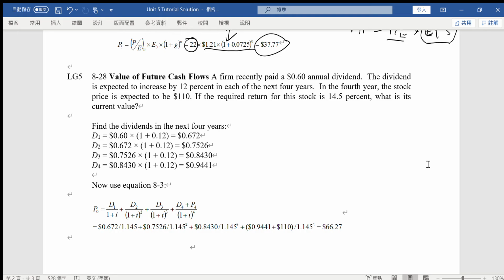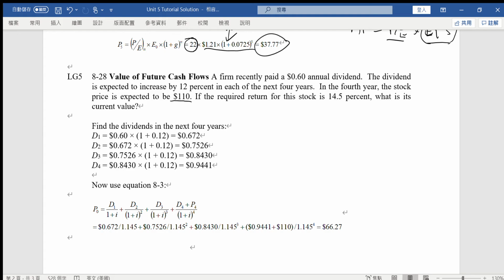The current value. And that's why the question gives you the figures that are in year 4, right? And also the question is asking you about the current value, and you need to work back to the present moment. What should it be worth? What is the value of this share? Because of that, we need to discount all the dividends and also the year 4 stock price back to the present moment. That's why we will discount each of them one by one according to the basic